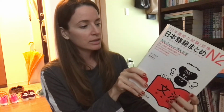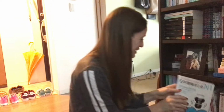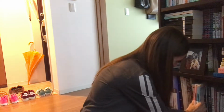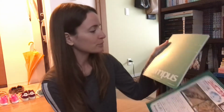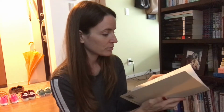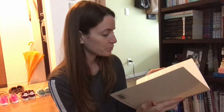But anyway, this is the Sou Matome series. And so this is grammar, reading comprehension, and then another grammar, but the higher level. So N1 is highest level. Yeah, fairly standard. Nothing too special with that, which is why I have spirals with, oh, this one's empty. This is one I need to fill out, but I was just reviewing grammar points